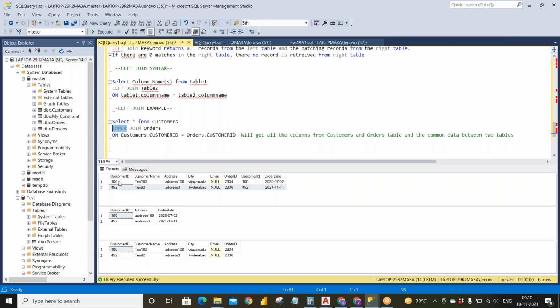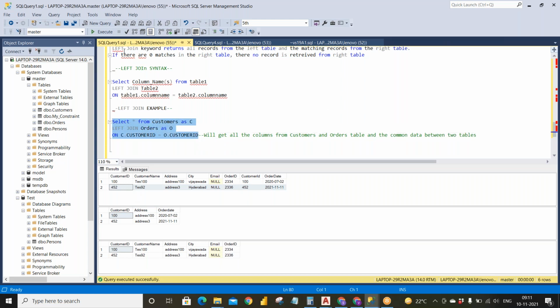The common data is 100 and 452. And here my table 1 is the customers table and my table 2 is the orders table. It simply depends on your requirement, which one you want to put first. You can also do it in this way. I can show you clearly. We will see. Let's take table 1 as customers and table 2 as orders and we'll give left join.